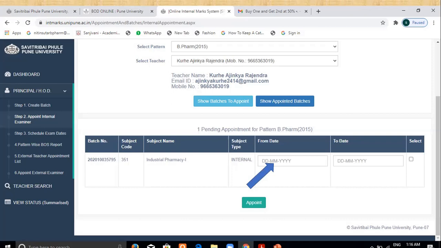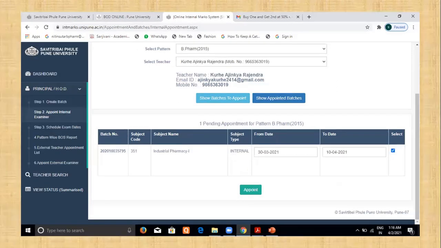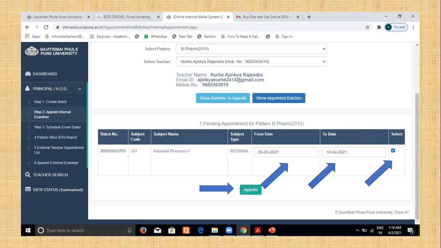Okay. Then you have to appoint, just like this. All these three fields are very important. Then you have to click on appoint. For example, I have put the start date, that is, the university started from this April, and the date is till 10th of April, and I click on select, then I click on appoint.